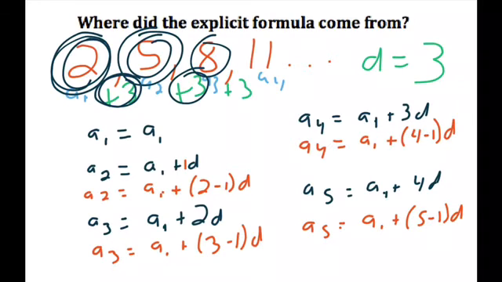Okay, as we look this over, we can see a pattern here. So let's start with a sub 2. A sub 2, and I do a sub 1 plus 2 minus 1. A sub 3, and I have 3 minus 1. A sub 4, and I have 4 minus 1 there. A sub 5 gives me 5 minus 1. So now we want to know, where does the a sub n equals a sub 1 plus n minus 1